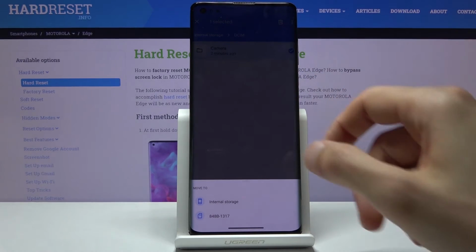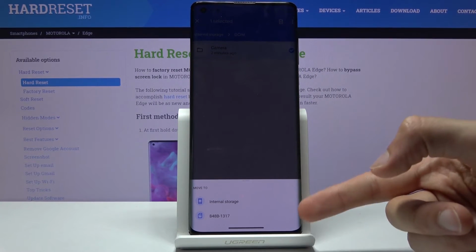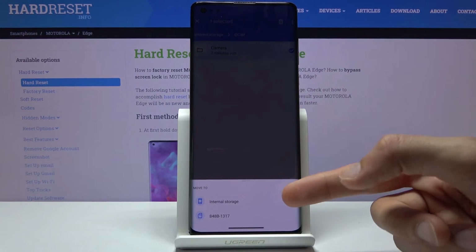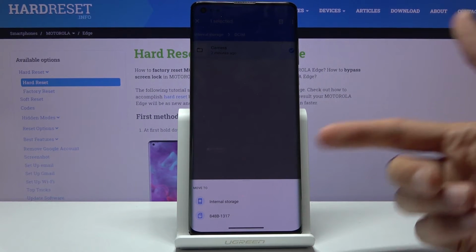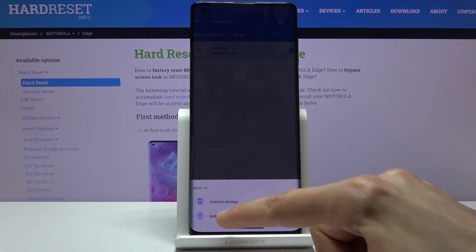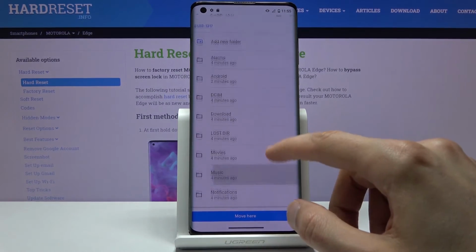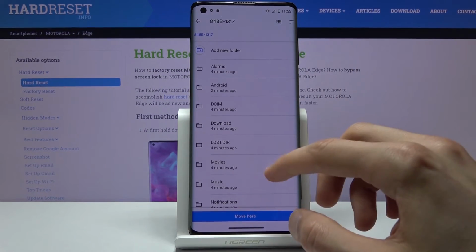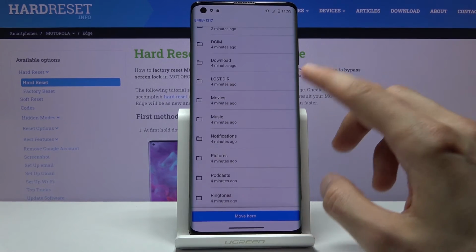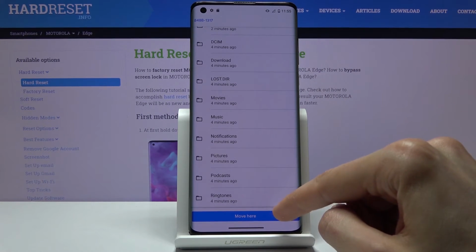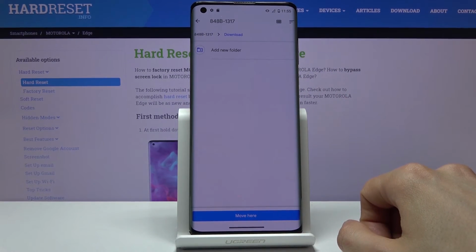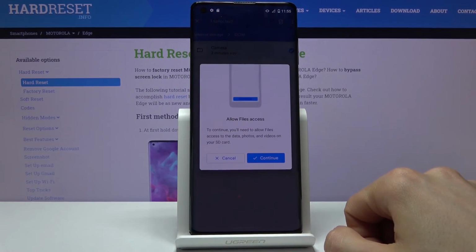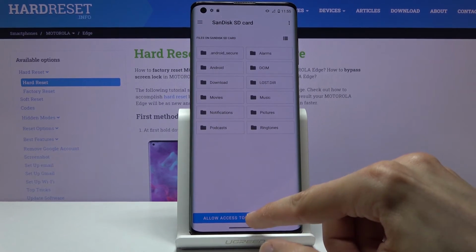I'm gonna go with Move, and from here, once you select one of them, it gives you the pop-up right here, and you can select where you want to move it, either to an internal, which that's where we're right now, or SD card. Once you choose one of those, which I'm gonna go with SD card, it shows you all the content of that storage. And from here you can drop it wherever you want. So you can move it here. If you want to move it more specifically somewhere else, you just tap on that folder and then again tap on Move here. It's allow,